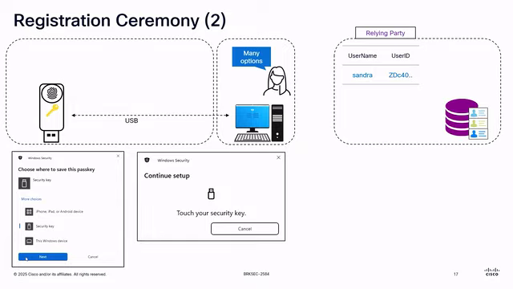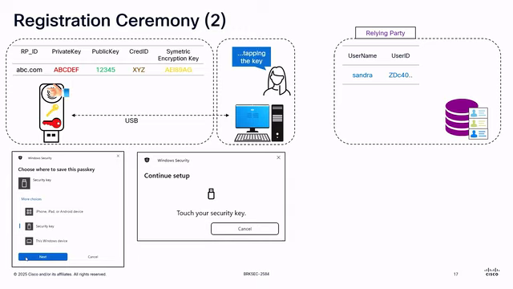Now the level of interaction heavily depends on the authentication flow, as well as the security requirements defined by the relying party, as well as the physical capabilities of the security token. In my case, Sandra just taps the Yubico key,